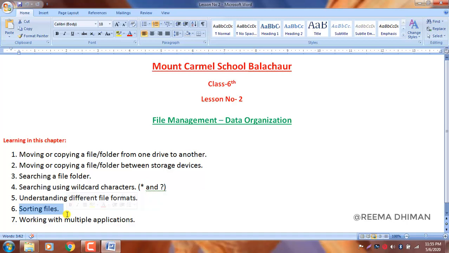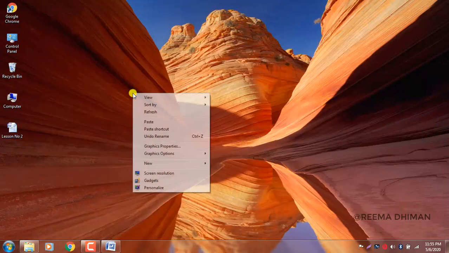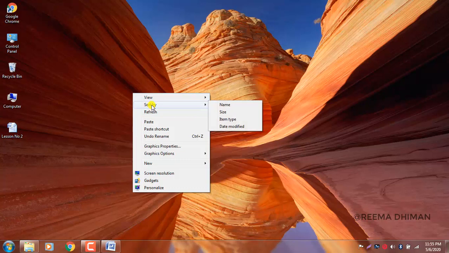Let's understand this topic. For this you just have to right click on the desktop. A shortcut menu appears. Point to the sort by option and click the particular option you want to choose. There are 4 options to sort: name, size, item type and date modified. So you can choose your particular arrangement of the files.